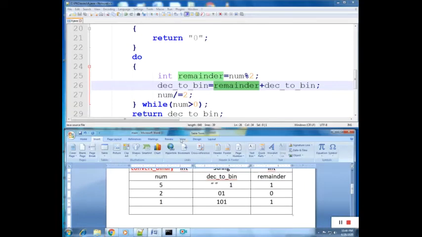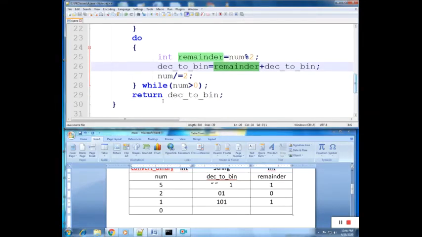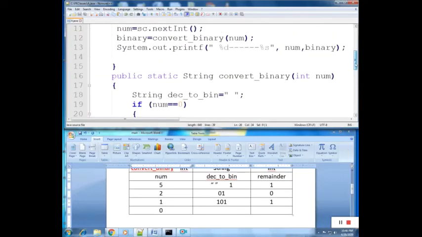Again this number 1 will be divided by 2, that means the value of num is 0. Is the value of num greater than 0? No. It will exit from this do while loop and return the value of decimalToBin, that is 101.